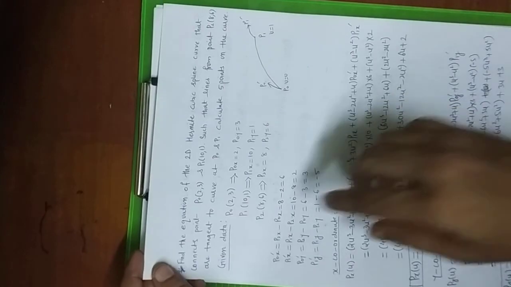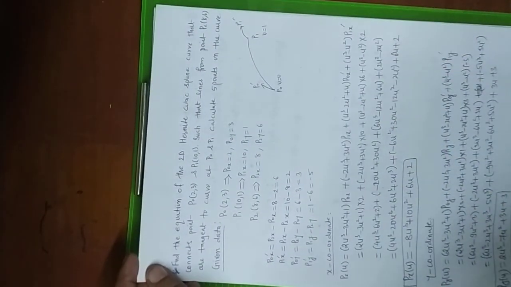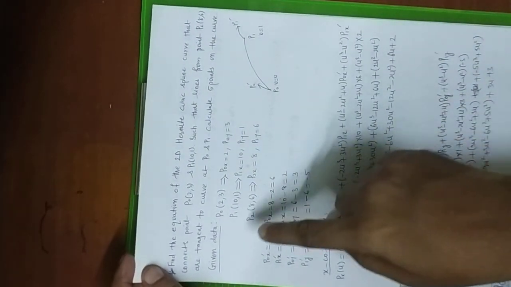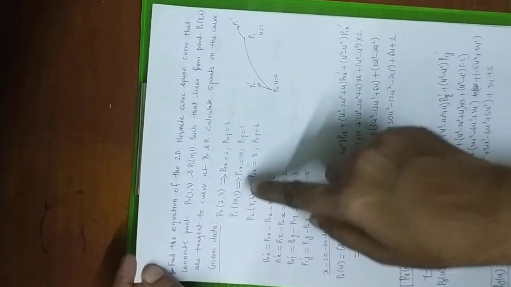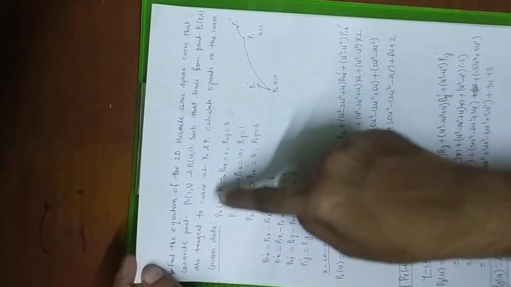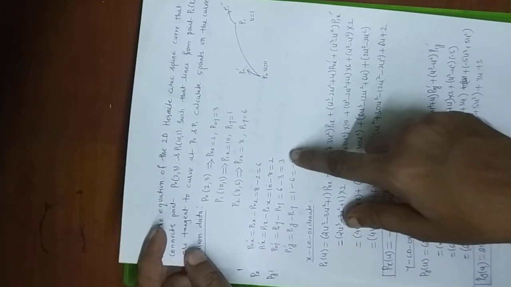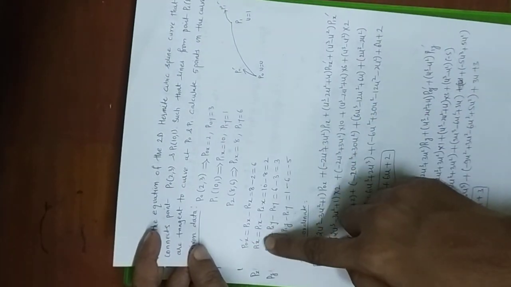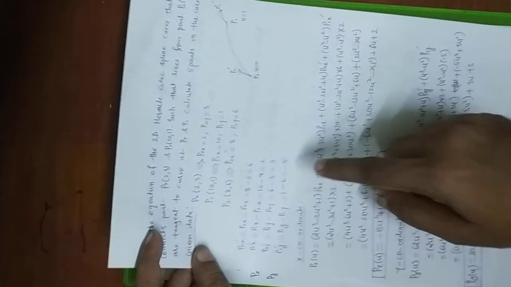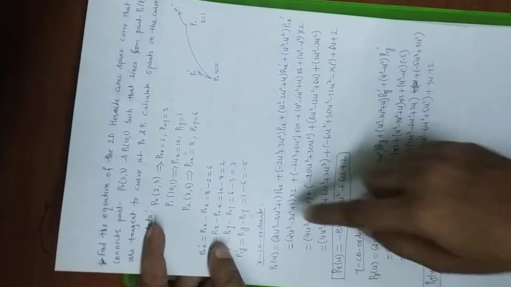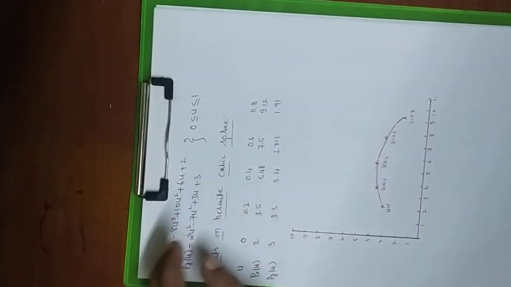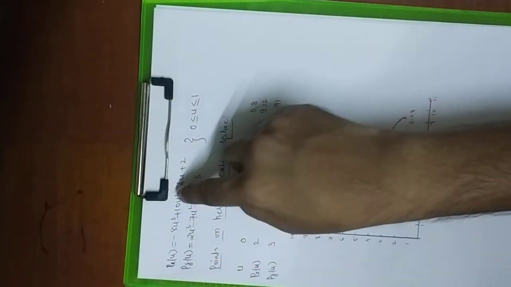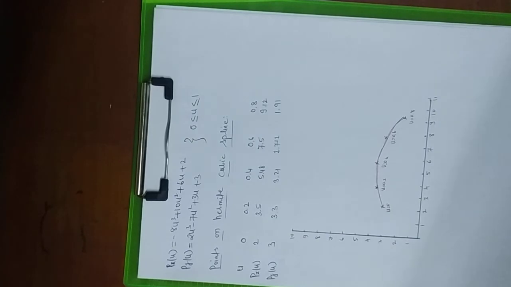Okay, first of all, whenever they ask this kind of question in the final end semester examination or in your test, you have to extract the data from the question, the P0, P1, P2, and from these you can find out the P of x and P of y values. After that you can go for the x coordinate as usual, then the y coordinate. After the x and y coordinates, you can put these values in and finally draw the graph. Okay, so this is the final step for this question.